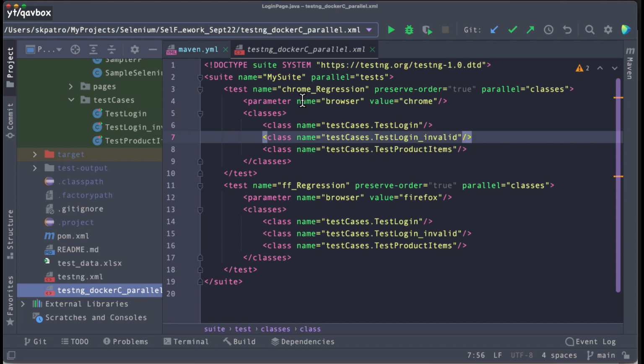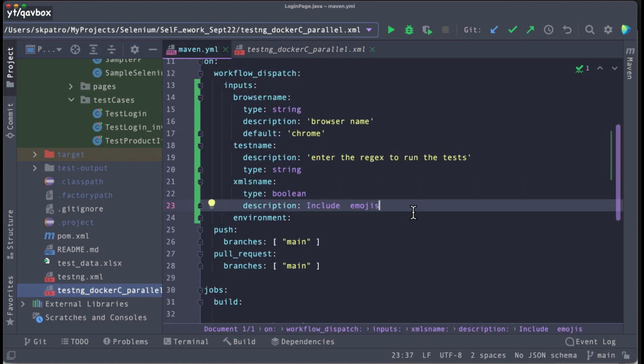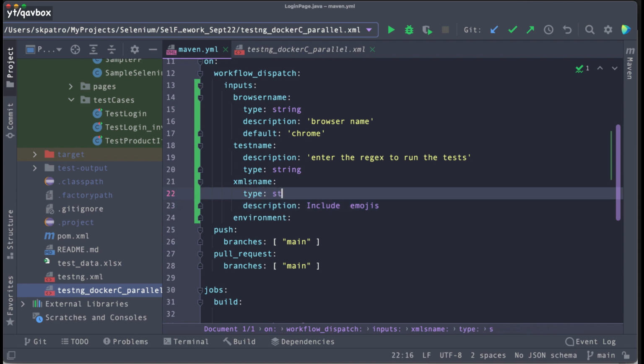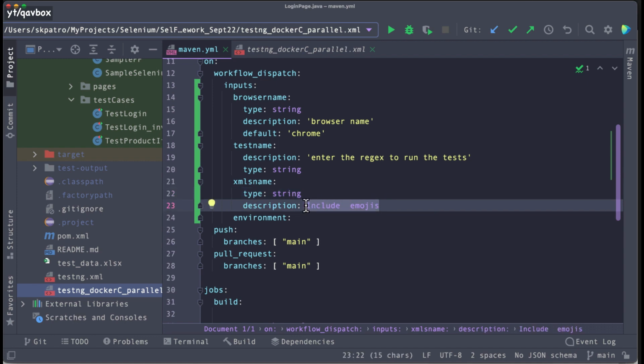With respect to my current framework configuration, I'm just taking all these things, but this would be a learning experience for you guys, and you can play with your actual framework. Okay, so XML's name and type is here also string. See, even you can add a boolean as well, true, false, you can put it. Now here I will tell,